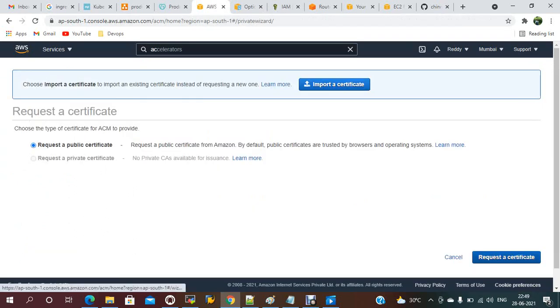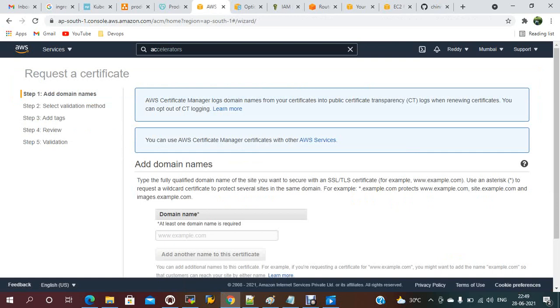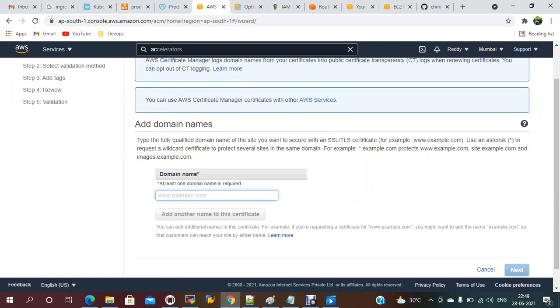Request certificate. Add domains. My domain name is something like BC Reddy. Not BC Reddy, nginx. nginx.bcreddydevops.xyz.